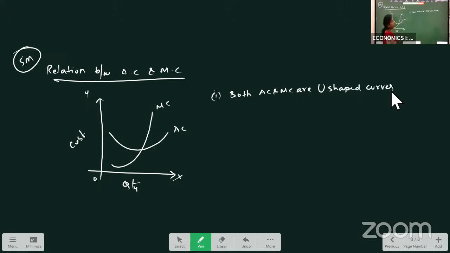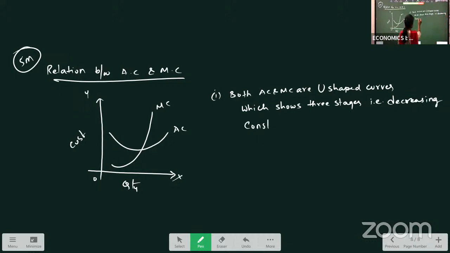Okay. U-shape means what does it denote? U-shaped curve shows 3 stages. What are the 3 stages? Decreasing,